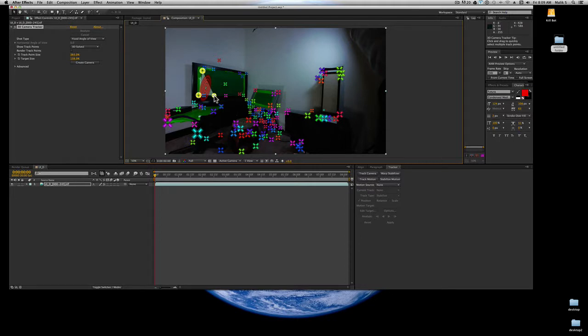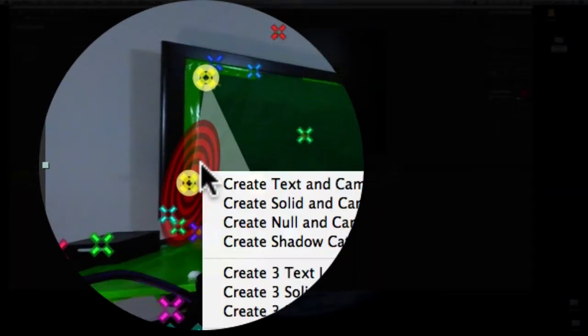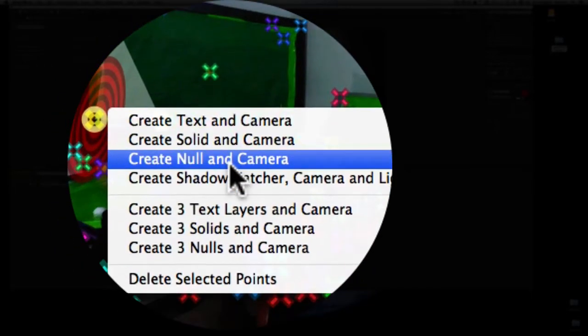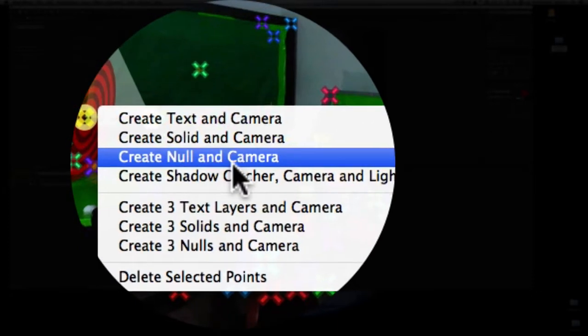Because I'm going to add some text here, and I know the initialization point on text is at the left side, the bottom left, so I'm going to move this to the bottom left of this triangle, and then I'm going to right click it, and now I can create text and camera, solid and camera, null and camera. Now create null and camera is normally what I would do because I want to position things,